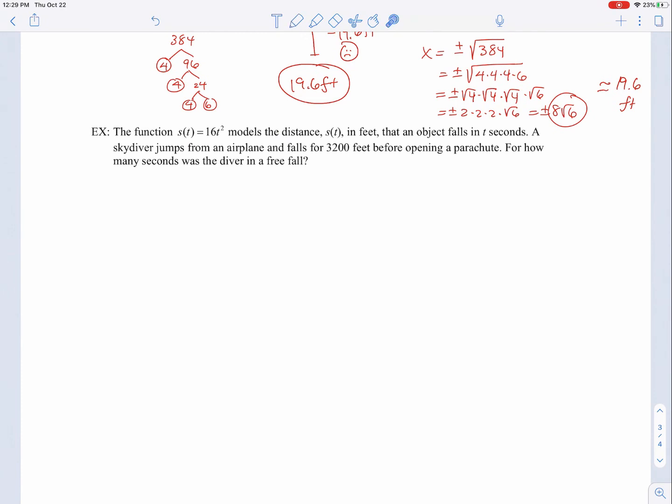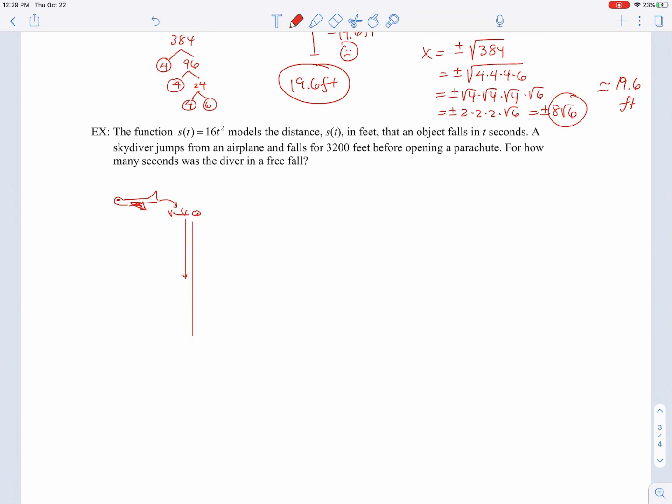In our last example here, it says the function s of t equal to 16t squared models the distance s of t in feet that an object falls in t seconds. So we have our plane here and our skydiver. Wow, that does not look like a skydiver. Anyway, that's my skydiver. And what they're saying is the distance that this person falls